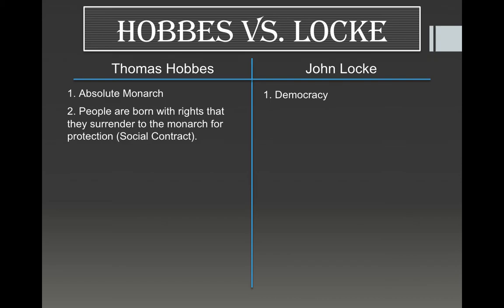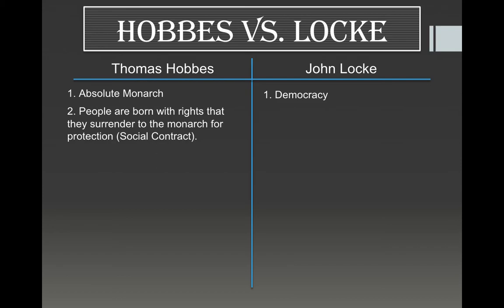Basically, the social contract is the idea that we live in this country. We are citizens of this country. Therefore, we submit to the laws that are made by this country, by the existing government. So we have signed a social contract just by being citizens, where we agree to be governed by the existing government, okay? So we will surrender our rights to, in this case, a monarch, in order to allow him to protect us.